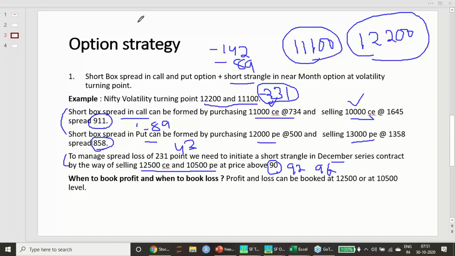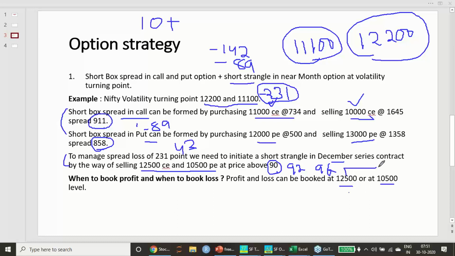So your holding period will be 10th November plus. So by 11th November you need to come out of this strategy and book the profit in between. If the price moves to 10,500 to 12,500, you need to book the profit or loss and